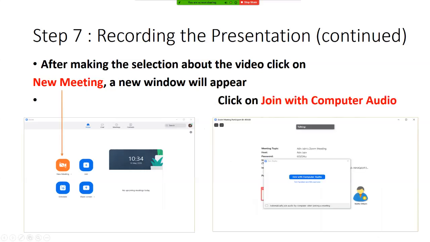As soon as you do that, if you're using Zoom for the first time, Zoom will ask you what audio setup you want to use. Although it only gives you one option, and it is advisable to just use that. If you want to test your speakers or microphone, you can do that here. You can do that at any later stage as well. To test the speaker, it will play a sound and ask you if you heard it. And to test the microphone, it will ask you to say something and then replay what you said. Once you are happy with that,